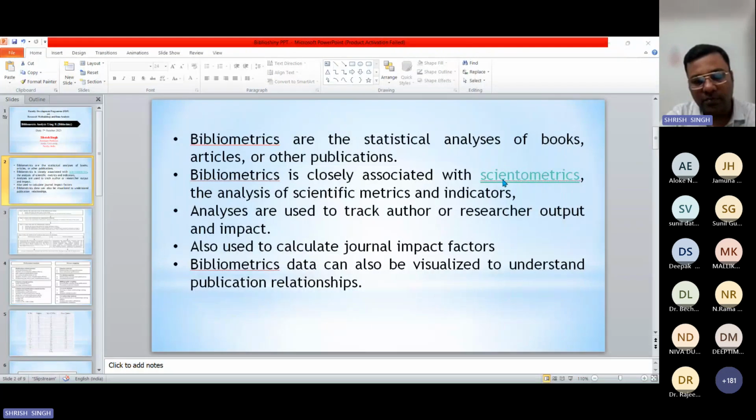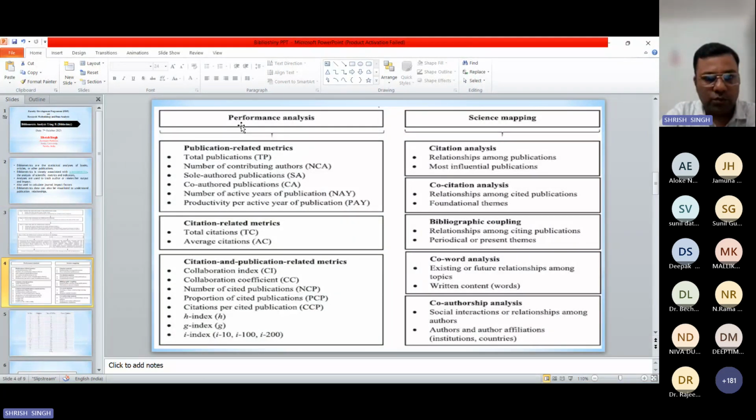Then we will have some hands-on work on that particular thing. Fine. So the next one is very important, that is this. What I'm trying to tell you is that performance analysis and science mapping, these two things